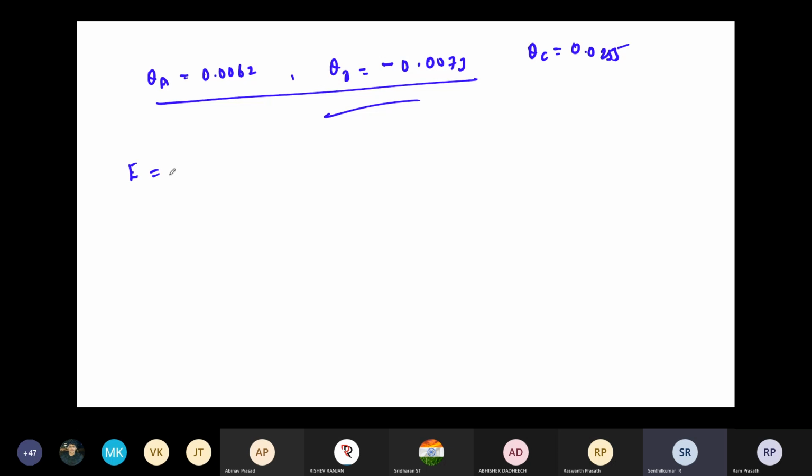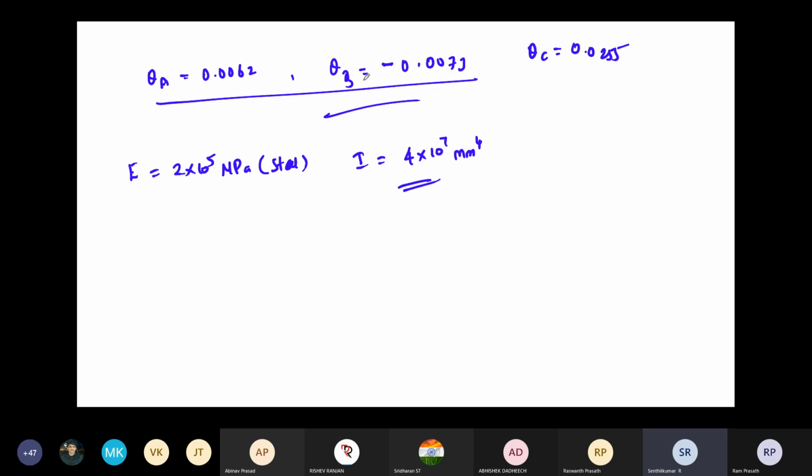When you are doing the calculation, it becomes EI, where E is substituted as 2 × 10⁵ megapascal. This is nothing but steel, the material is steel. 2 into 10 power 5 megapascal, and I, the second moment of area, take it as 4 into 10 power 7 mm power 4. Because everything is in mm, you can substitute in mm, and just check what θ_A, θ_B, and θ_C are. And again substitute in the moments and draw the bending moment diagram properly.